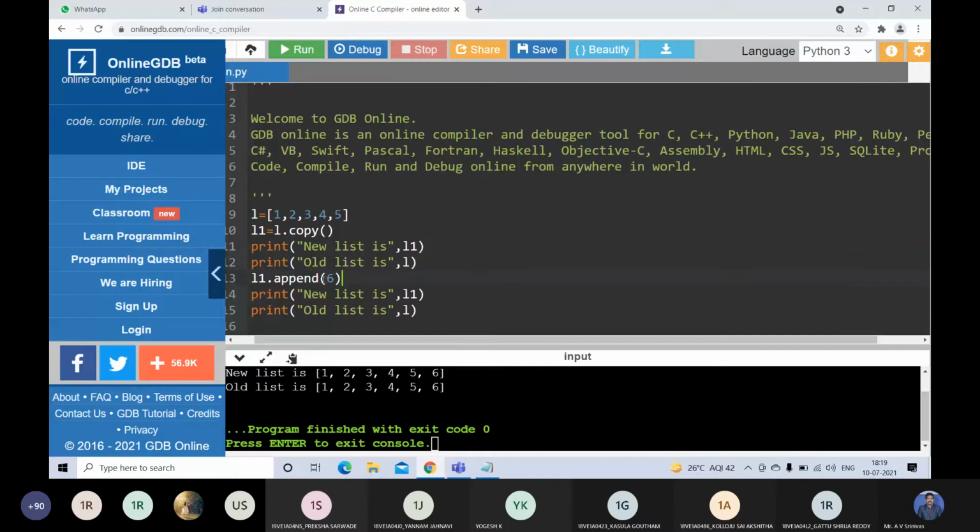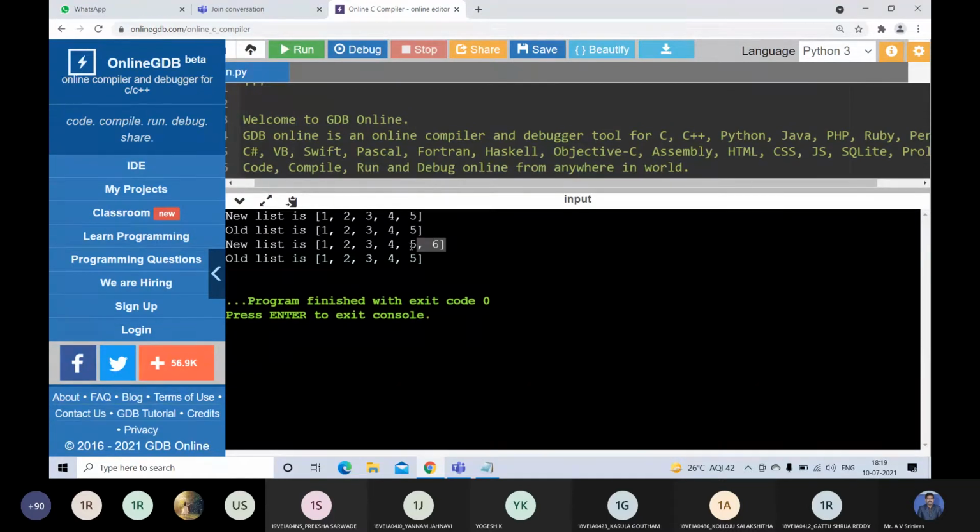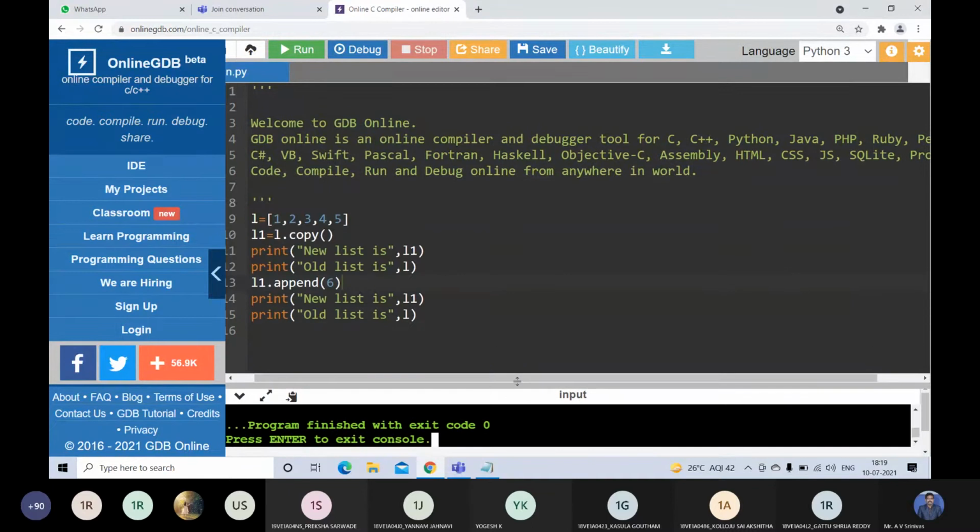Now I am writing L1 dot append of 6. Now 6 is appended to only L1, not L. See the output here. 6 is appended to only the new list, not the old list. The old list, 1, 2, 3, 4, 5, stays as it is. So that's why we use this copy function.